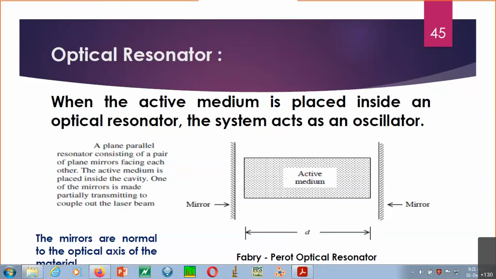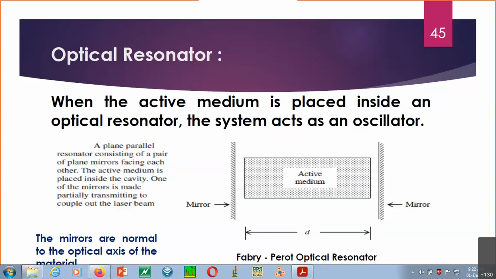Coming to the second, suppose you have the active medium but you don't have the pumping source or pumping mechanism, then again it is going to be useless, because you need to lift the atoms in the ground state to the upper state. That part is done by the pumping source or pumping mechanism, which is different for different media. So now we understood the importance of these two components. Now coming to the optical resonator, we have seen the diagram on this slide and discussed all such things related to it, but what is its importance? You need to think in that manner.